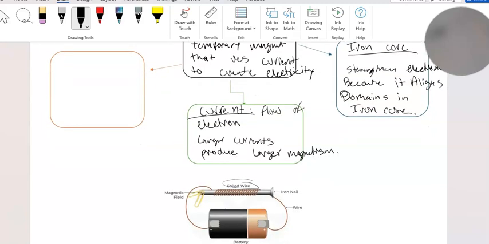Now the third thing that you need is just coiled wire. So when we talk about coiled wire, the more loops you have, the more the current is interacting with the actual iron